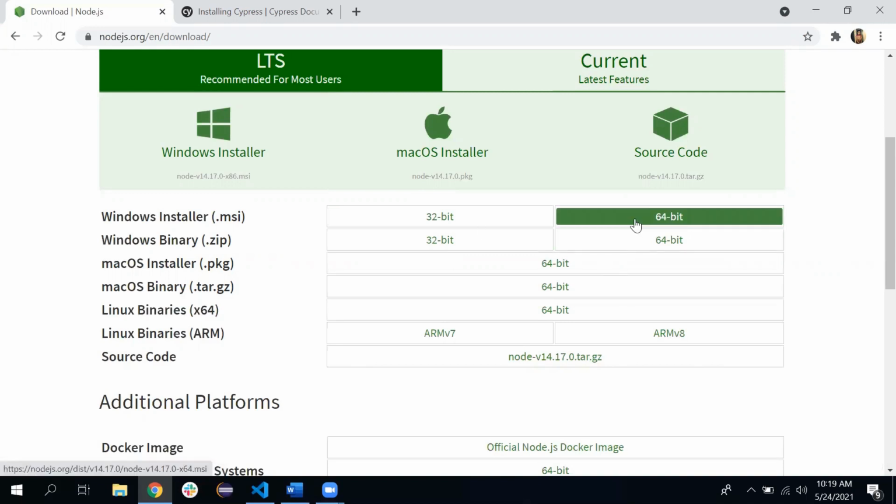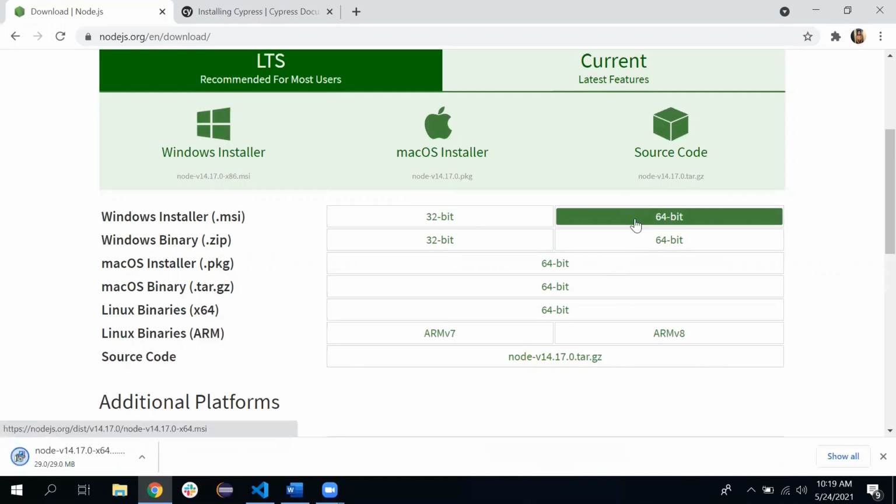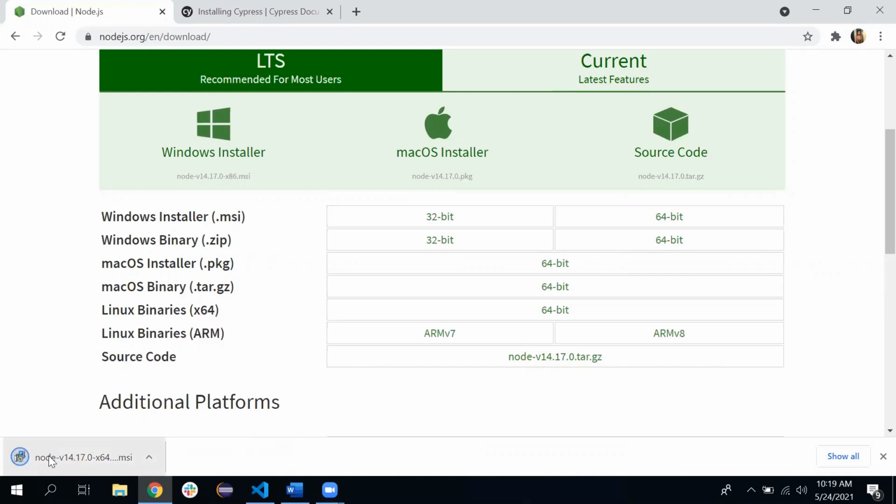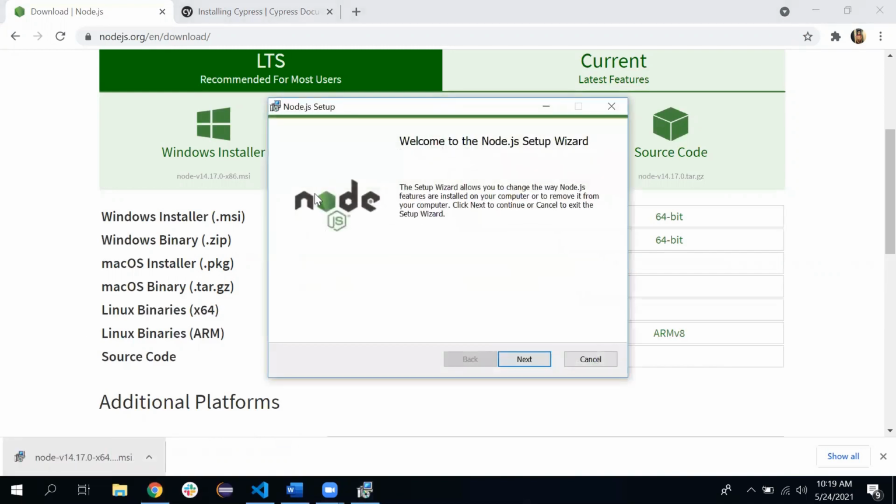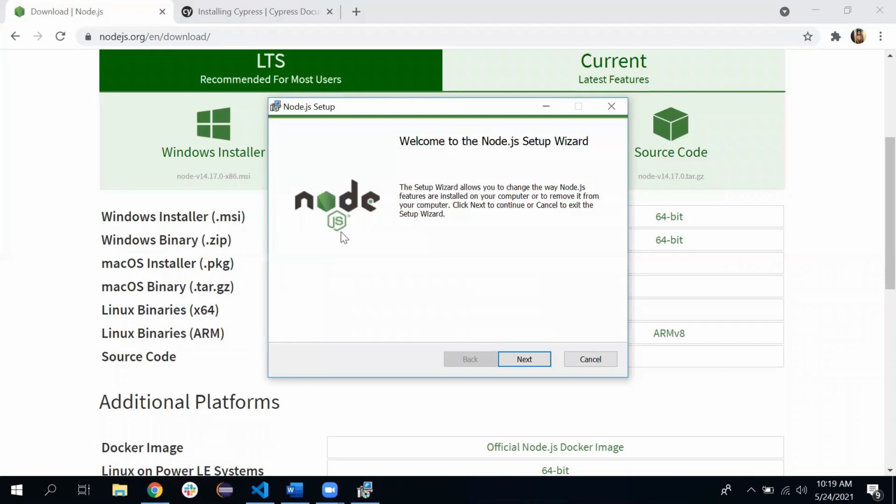Just click on the 64-bit, and once the package is downloaded, click on it. It's a simple setup. You just have to click on next, and it will successfully install Node.js on your machine. That's it.